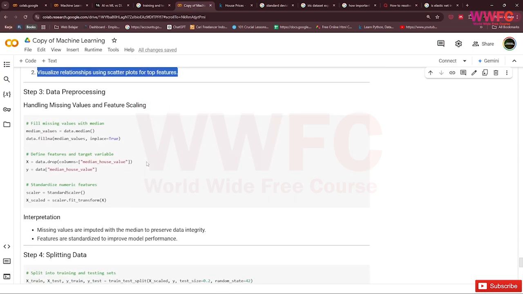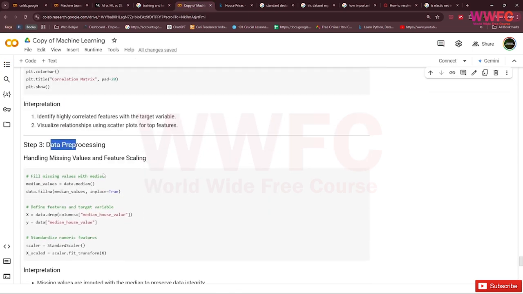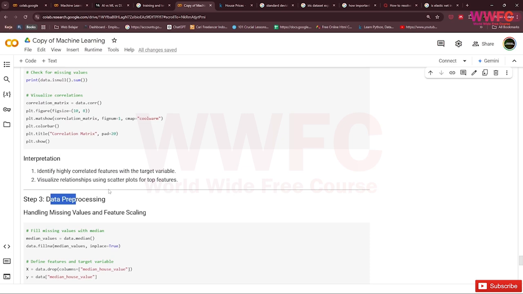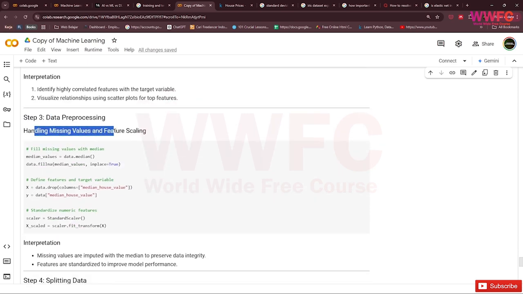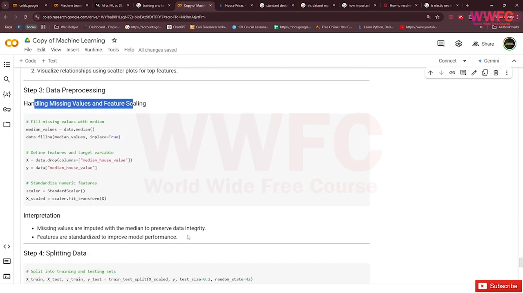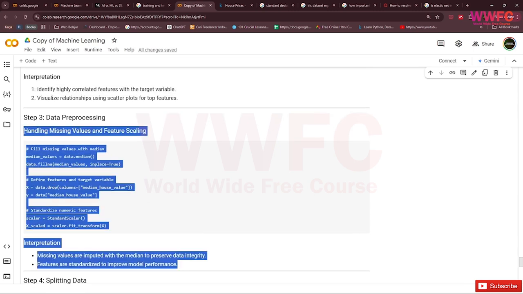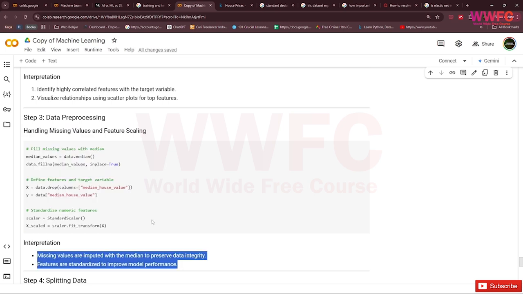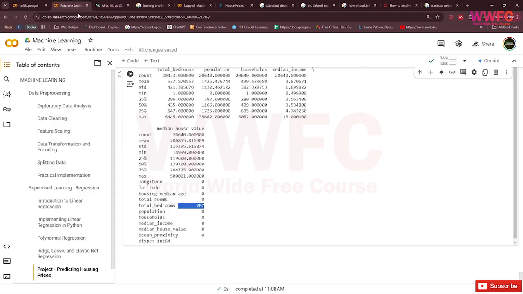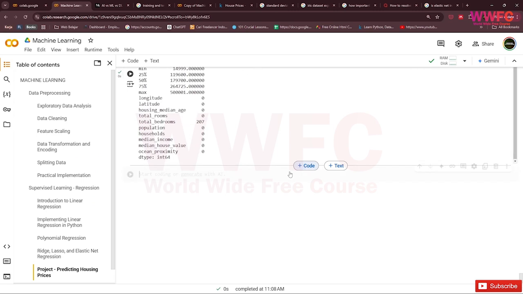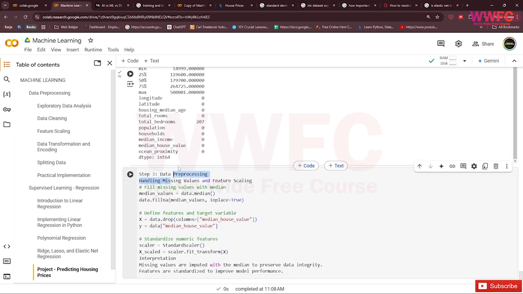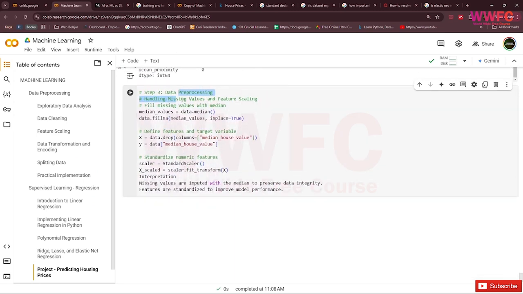So we go to data preprocessing, where we want to handle missing values and do feature scaling. So in data preprocessing, we are handling missing values and feature scaling, right?